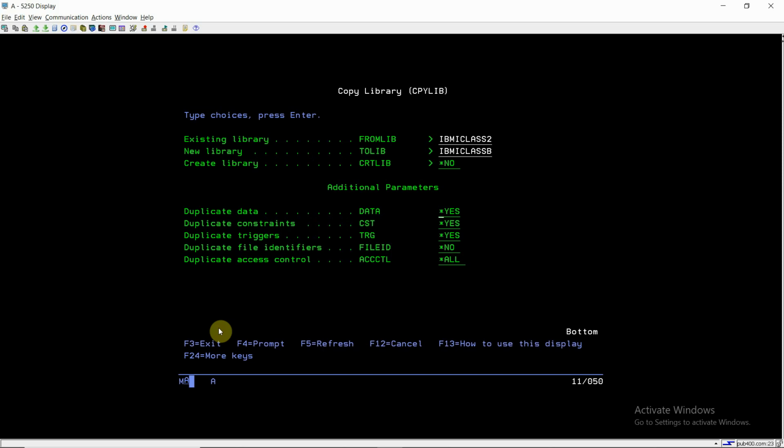If I don't specify these parameter values, the default values would be passed to them, like star yes, star yes, star yes, star no, star all.